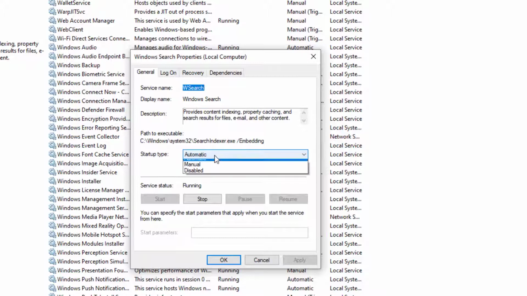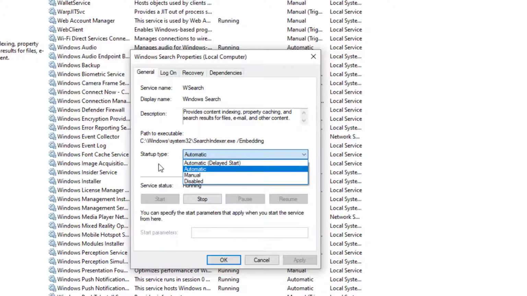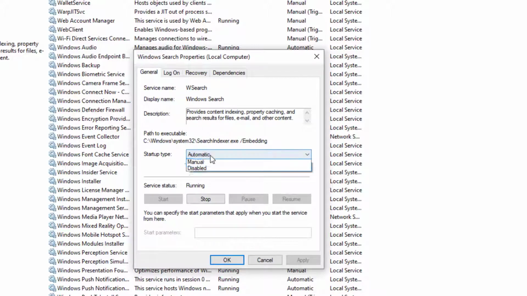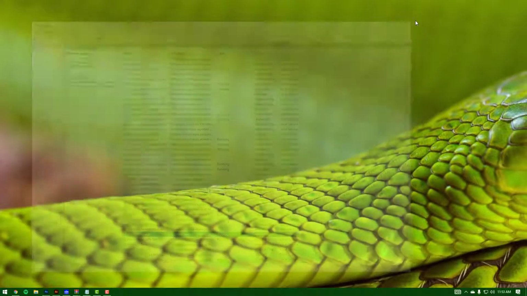Now your startup type, you might have it set to delayed start, or you might have it set to disabled. If you have it set as disabled, then that could be one of the issues. You want to make sure, just leave it on automatic. That's probably your best bet. We don't need to delay start because it's not like it's gonna lag the startup. So leave it on automatic, hit apply, hit OK, close this,